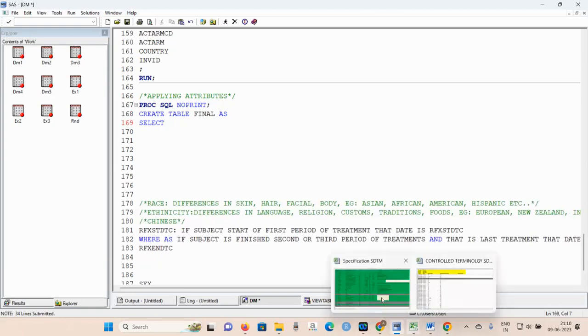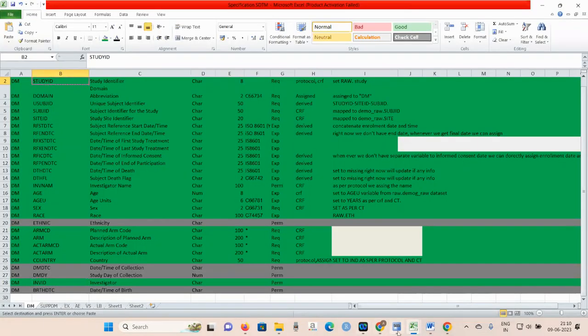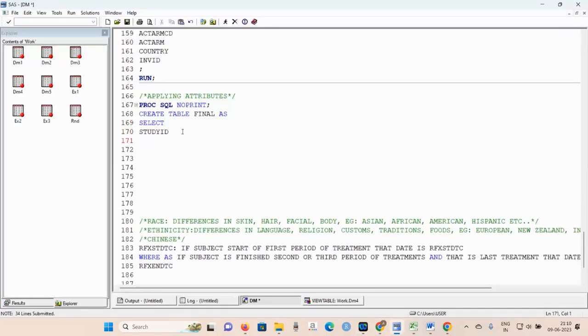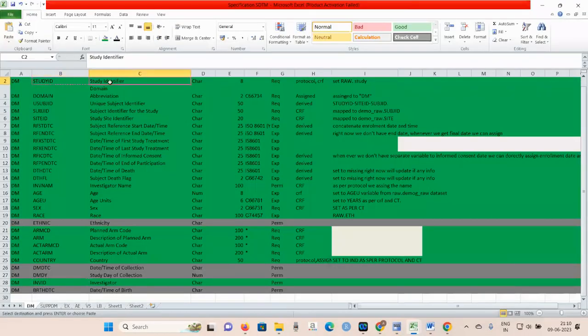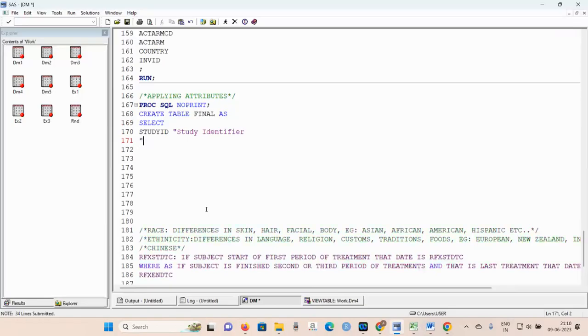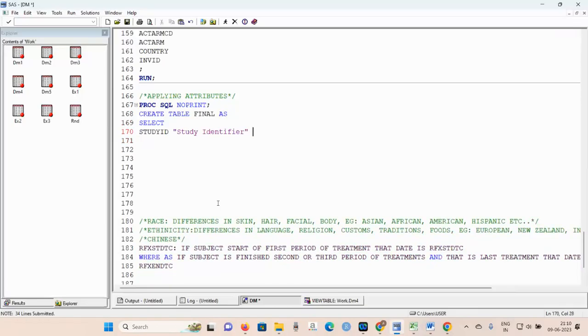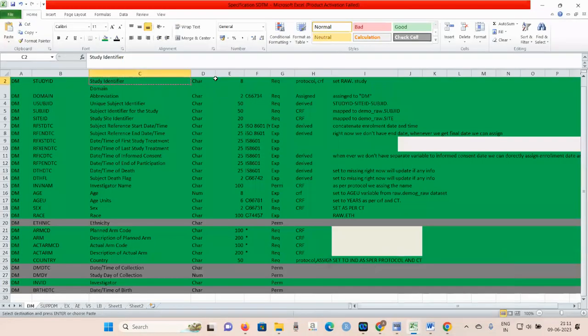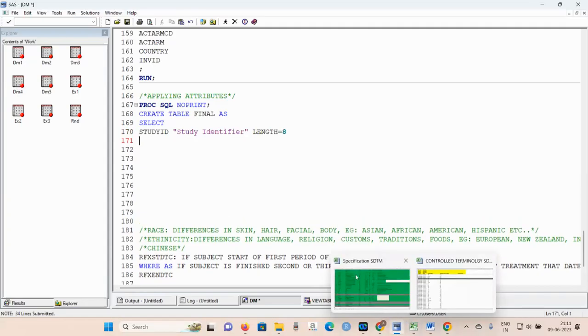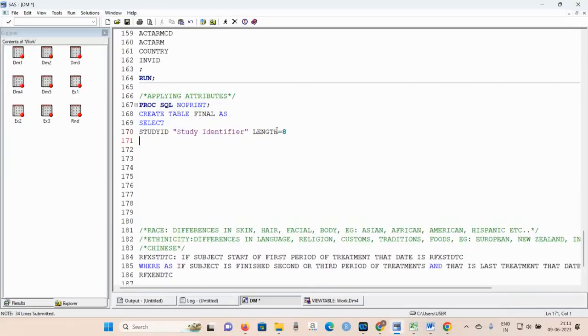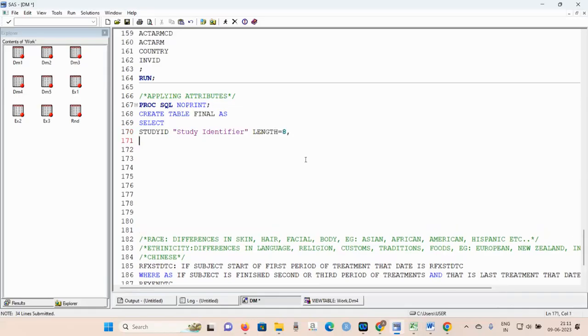So you select this one, Study ID, and we put the label and length, 48, because this is a character variable, right? We need things like that. When you go for the next variable,